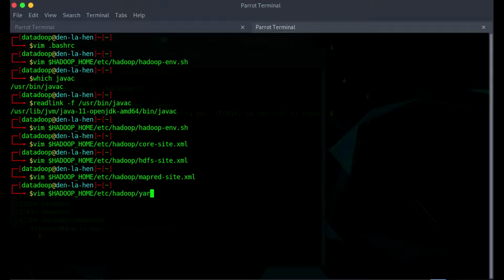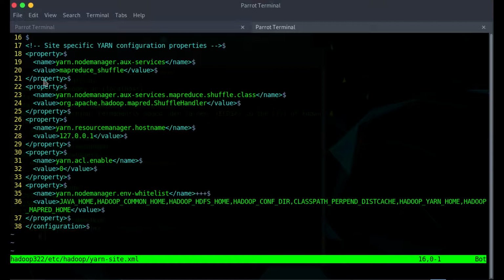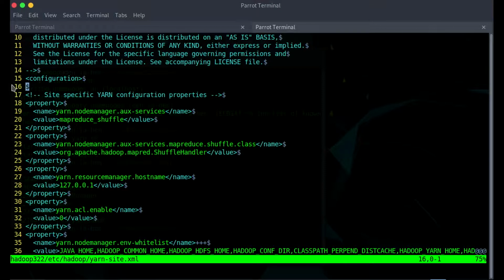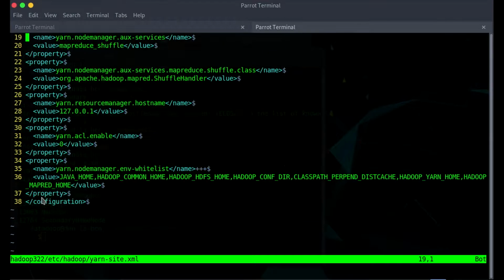Since we utilize the YARN framework, we'll have to edit the site file of YARN too. That will be yarn-site.xml. Make sure you enter the file name and don't press tab to autofill, because this specific thing will change and you won't enter into the editor mode. Once you enter this, right from line number 16 to line number 37 should be entered in your editor.